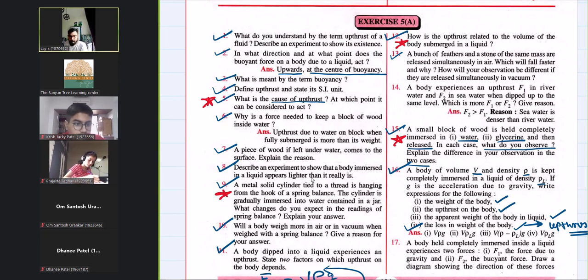अच्छा, next, let me just stop the recording and then I'll